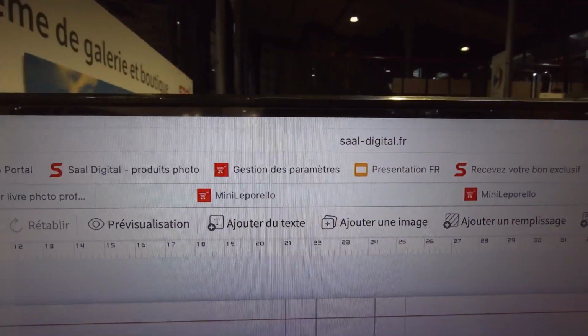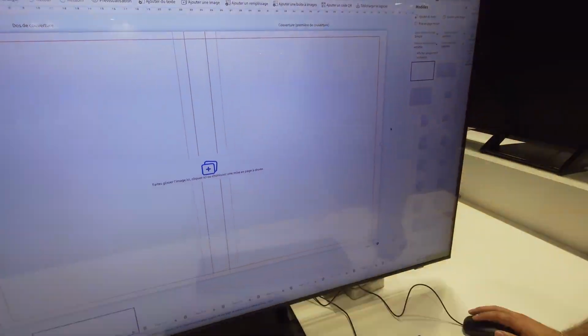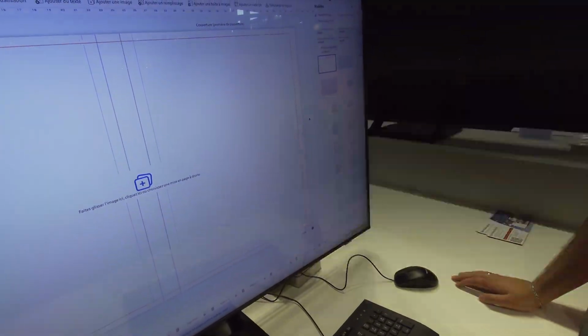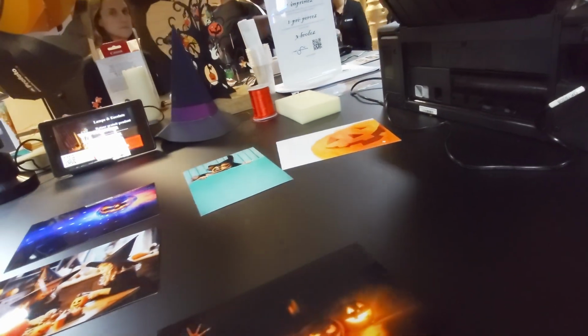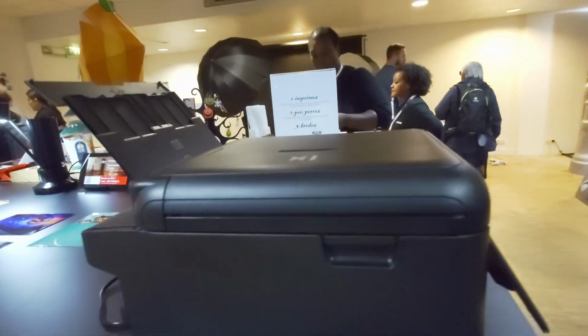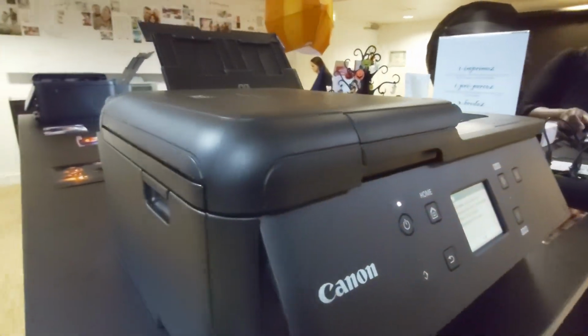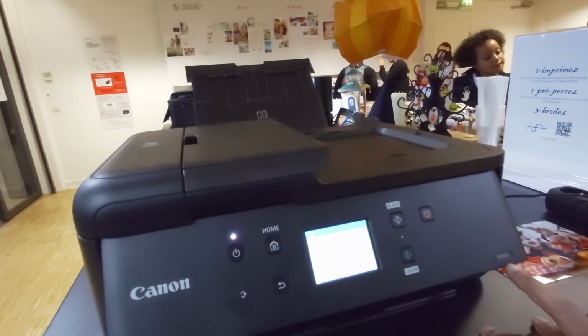So moving on, while we are talking on this topic of printers, let's move on to Canon and see what they're up to. I was really, in a good way, surprised at the quality of where printing has come, at-home printing has come. So this is Canon's, I think, maybe not the latest, but the printer is the PIXMA